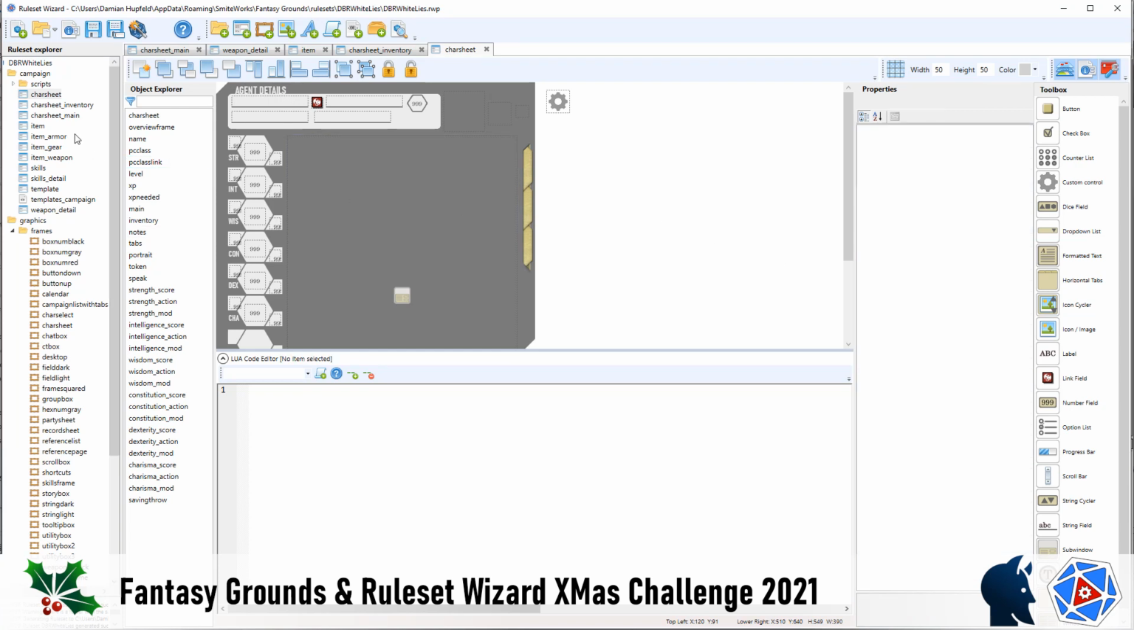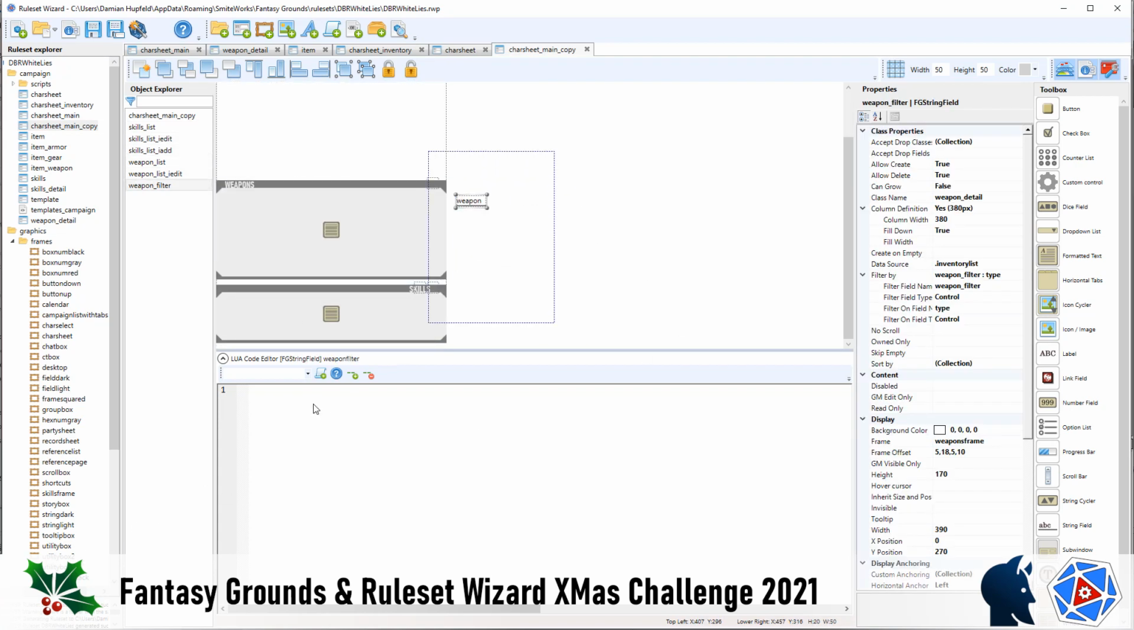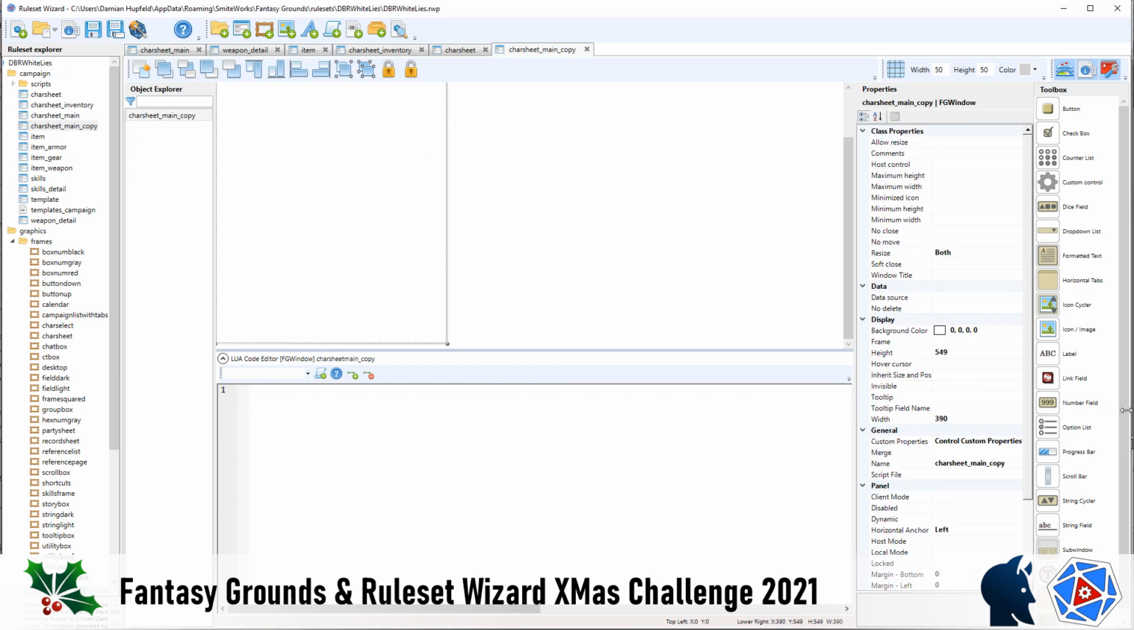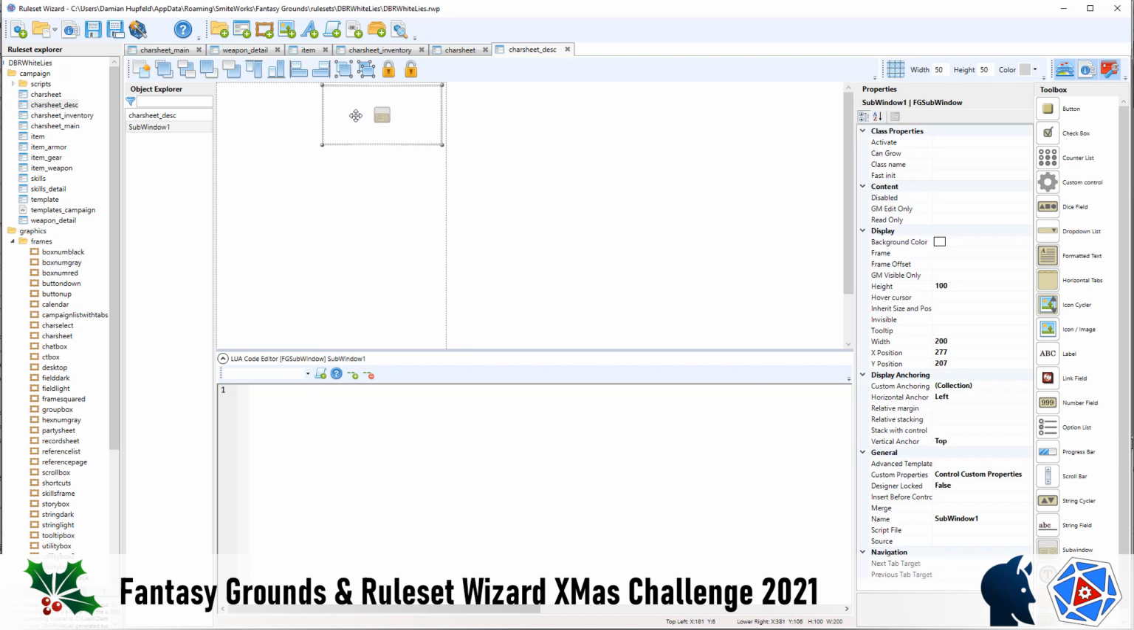So let's go over here and we'll duplicate inventory. Well, actually, we'll duplicate main because it's got less stuff on it. Create copy, open it up. We're going to get rid of everything on here. Unlock it, delete it. We're going to change this and make it car sheet description. Alright, and then just as a quick test, we're going to stick a sub-window in here, and we're going to make the sub-window,